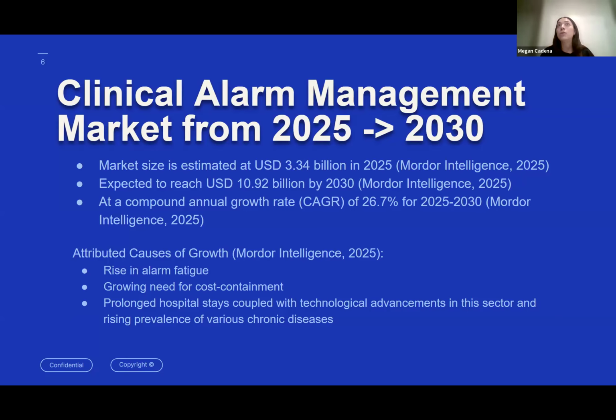The current issue with bombardment of alarms in patient-centered environments, critical care environments, and the intended users, providers, and nurses shows that there's a higher demand for more optimized systems, and demand for even different systems altogether, as well as obviously a growing need for the cost containment attribute of it. And even the unfortunate consequence of things such as the pandemic have led to a prolonged hospital stay for many patients, as well as the increase of